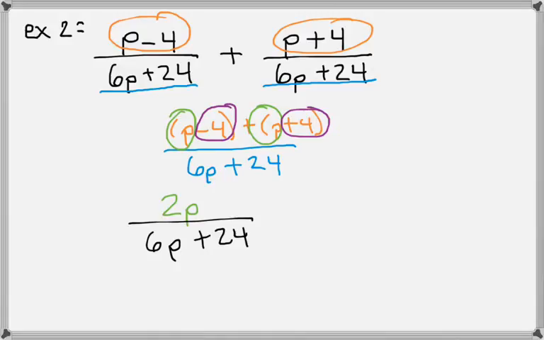But in this particular instance, it's not going to be our final answer because there's some factoring we can do to simplify this. If we look at our denominator, we notice that we can factor out a 6. So in my denominator, I can factor out a 6, which would leave me with a p plus 4. My numerator, I still had that 2p. Now that we do that,